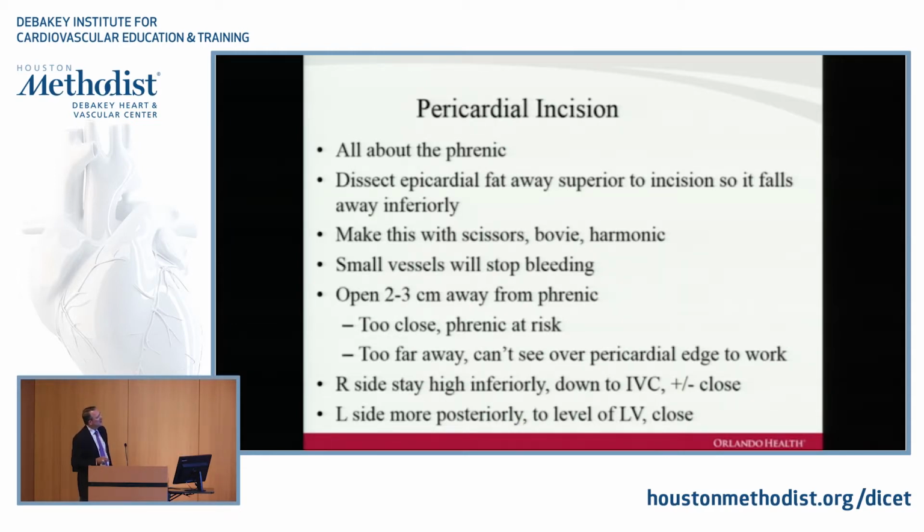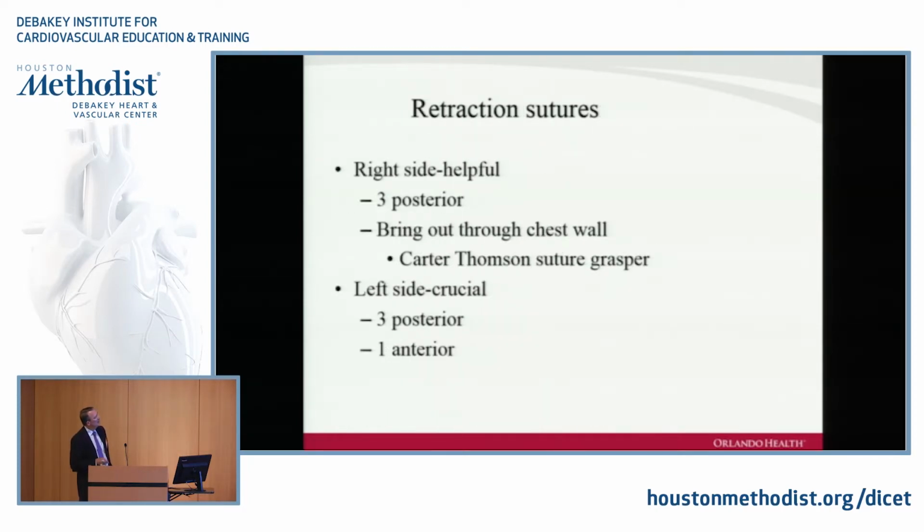We dissect away the epicardial fat that often actually ends up with an envelope of the phrenic nerve, and then you can open the pericardium with a scissors, bovie, harmonic, whatever you tend to use. And again, you have to be careful about the anatomic course of the phrenic nerve as you're opening this up. Retraction sutures are important. We'll show you those today. This procedure can probably be done on the right side without them. On the left side, it is absolutely crucial to be able to see everything that you need to ablate and